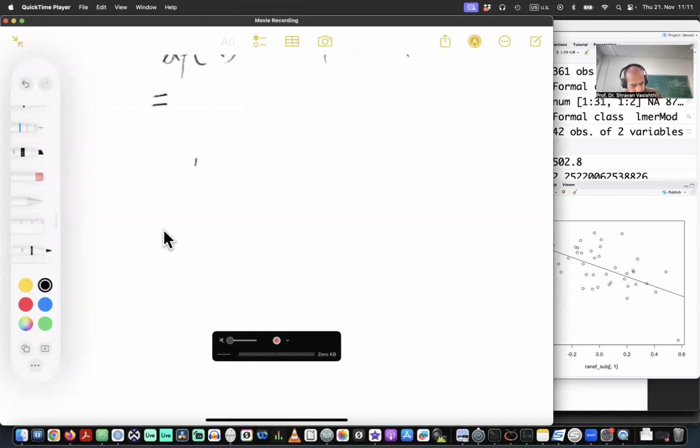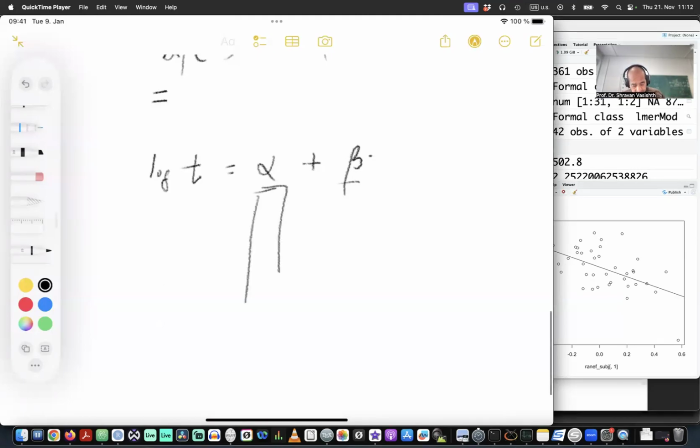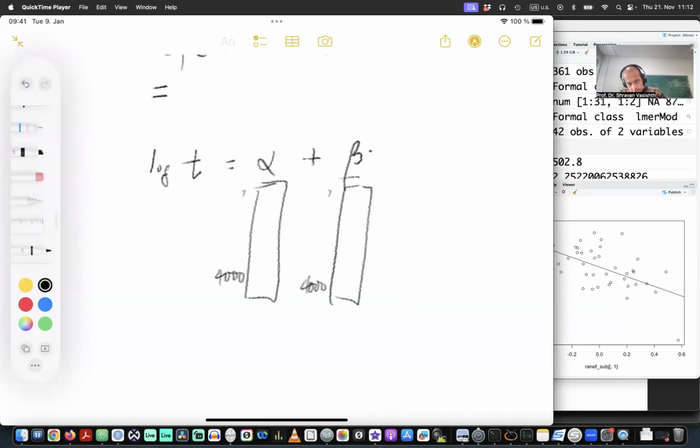So what I have is my button pressing time on the log scale, right? And so there's an intercept, and what I have is the intercept and slope. These are the posterior distributions of the parameters. So these are actually vectors of length 4,000 because I have 4,000 iterations in the samples, okay? There's 4,000 samples here. So to compute the predicted button pressing time in the very first trial,